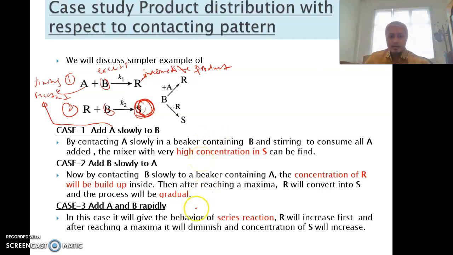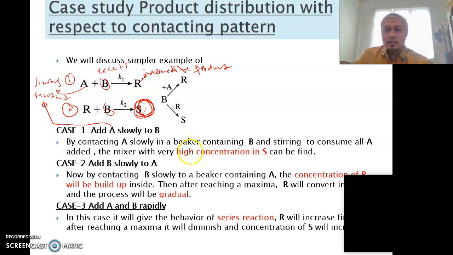It will react together at the same time. R will increase first, and after reaching maximum, it will diminish, and the concentration of S will increase. Okay, so in other words, this shows us that the contacting pattern is very important in designing a reactor,